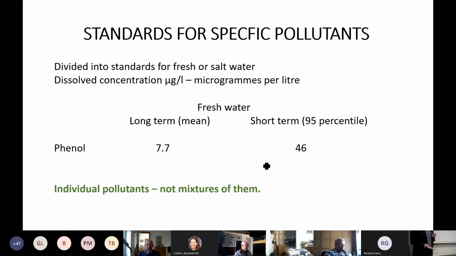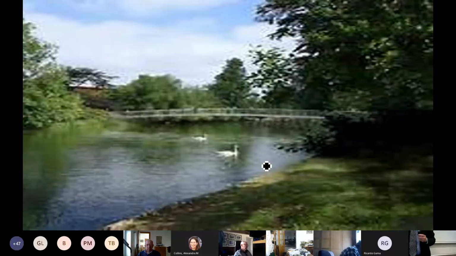But notice that these are for individual pollutants, which is fine, absolutely wonderful. But the real problem, according to some people I've been talking to, is that it's not the individual pollutants by themselves, it's the mixtures of them. Because natural systems don't look at individual pollutants, they're concerned about the whole effect of the pollutants in the water on them. And at the moment, we don't seem to be considering mixtures very much. And maybe it's something we should do. Now that's all I was going to say about the Water Framework Directive.